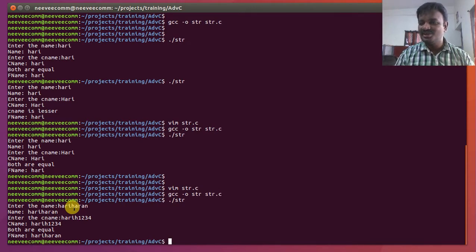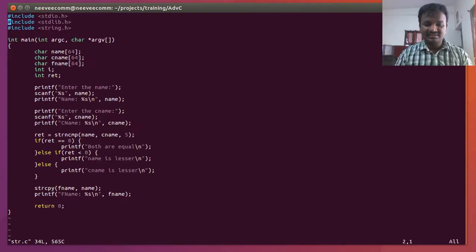strncmp compares only 5 characters. That's why we are getting Harihar. Only 5 characters are compared, so it returns the value that both are equal. Yeah, that's the thing. And in a similar way we can do strncpy, and